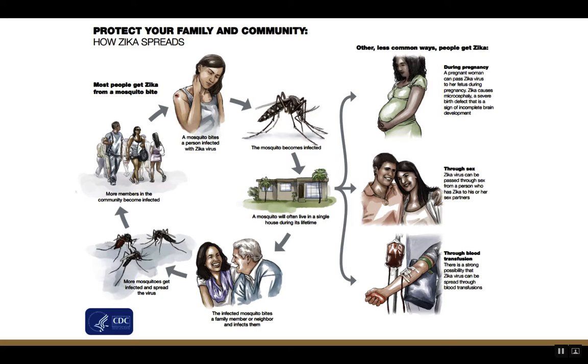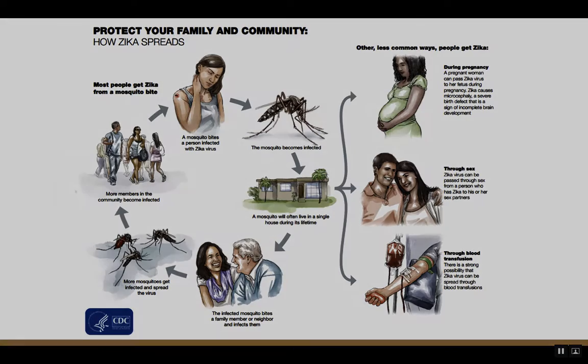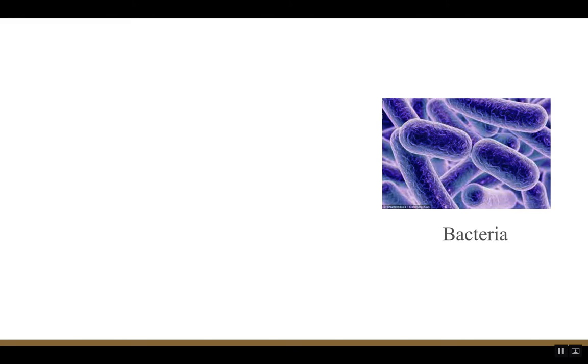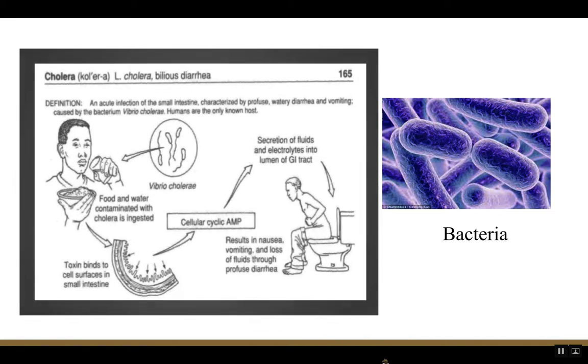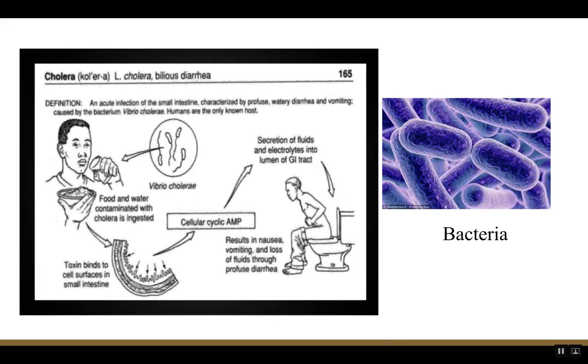Tropical diseases such as cholera, tuberculosis, and Hansen disease were all developed through bacteria. Bacteria, also known as a bacterium, is a group of organisms that can live anywhere. Unlike a virus, they do not need a host to reproduce. Here is a cholera diagram. The bacteria that causes cholera enters the body through the consumption of food or water that's been contaminated with what we call Vibrio, a bacterium.